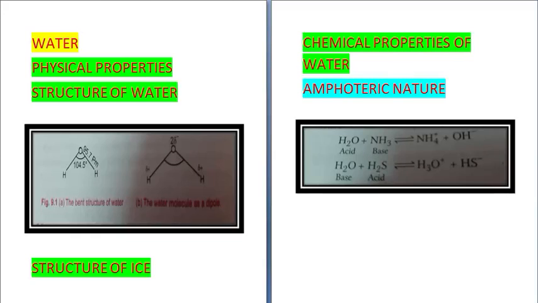Children, today we will be studying about water. It is a major component of all living things. Human body has 65% water and plants have as much as 95% water. If you look at the physical properties of water, it is colorless, tasteless, and it has extensive hydrogen bonding, because